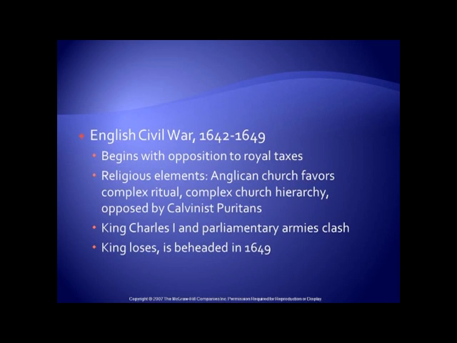Another thing going on at the same time is that there was a movement in England. The Catholic Church that had been kicked out by Henry VIII created the Anglican Church, but it still basically was like the Catholic Church just without the Pope. And there were people in England who wanted to go farther with this. They took ideas of John Calvin, and they wanted to purify the Anglican Church. And from the word purify, we get Puritans.